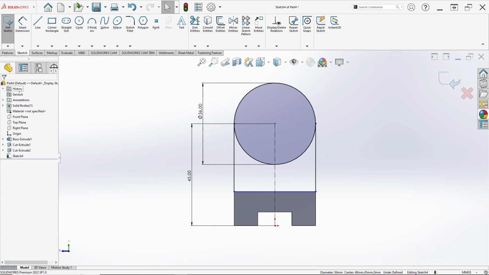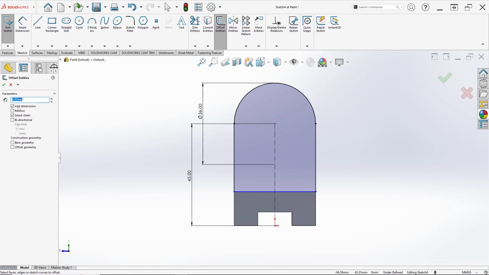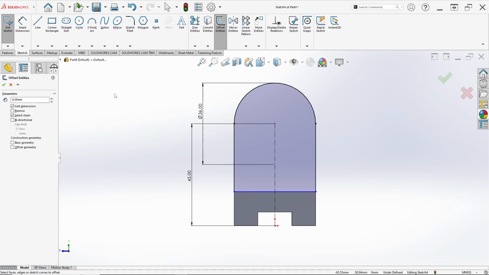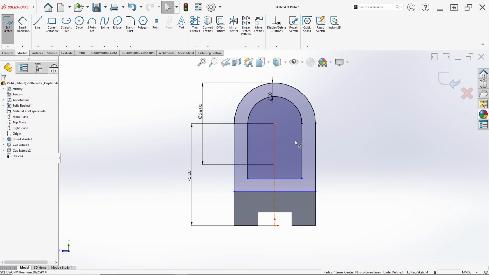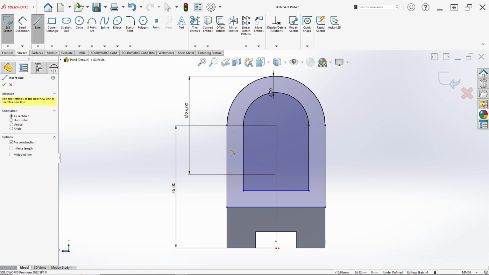Sorry, delete that first. Click trim entities, erase in here first, and we can select offset entities. The parameter of the offset is 6 millimeter. Offset distance, because 18 minus 12 is 6. Click this line like this and click reverse to inside. Just click OK like this, and we can draw a center line again